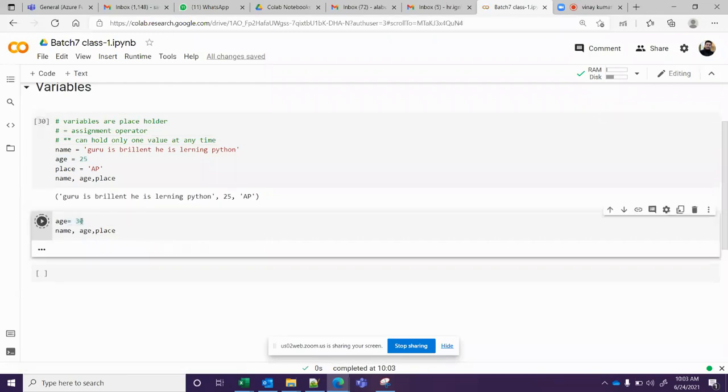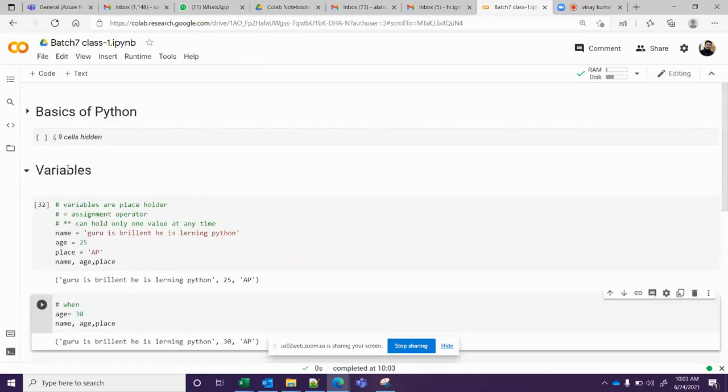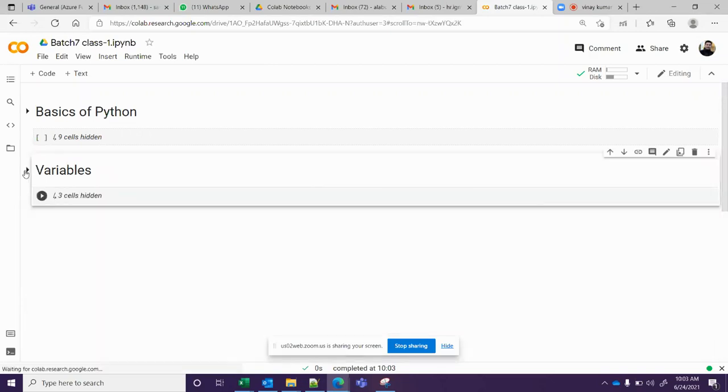Whenever we assign a new value, you can see I write a lot of comments, just for information. You should also write your own notes daily, then only will you make practice. Otherwise, if you are just clicking this button, it will run in front of you only, and you are only watching.